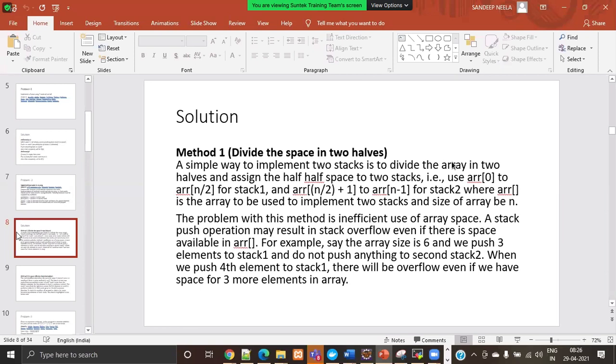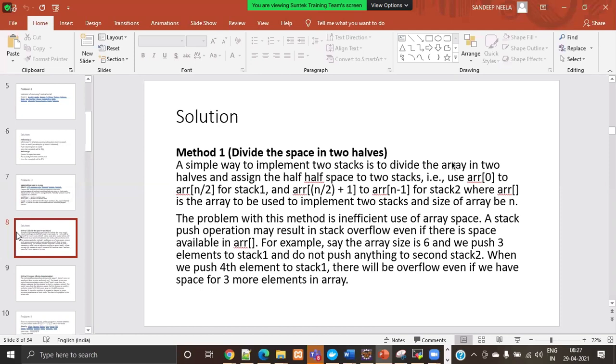The problem with this method is inefficient use of array space. Suppose we have 10 elements and our array size is 100. Even if we divide it 50-50 between two stacks, we have only 10 elements, so it will waste a lot of space.